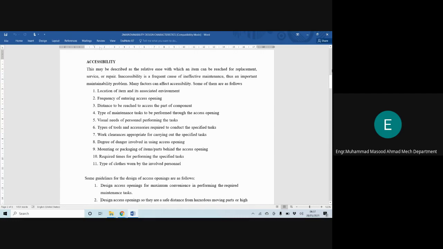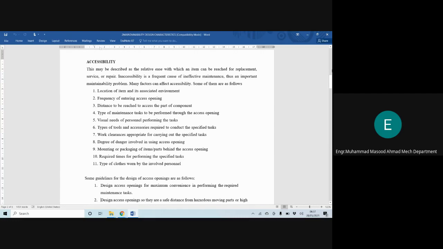When you are performing a maintenance task, how easily can you perform it? Next is work clearances appropriate for carrying out a specified task. If you cannot turn the spinner because there is not enough space in that location, so the spinner is not rotating there,